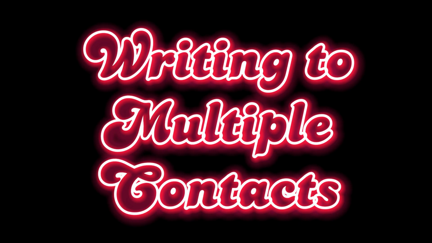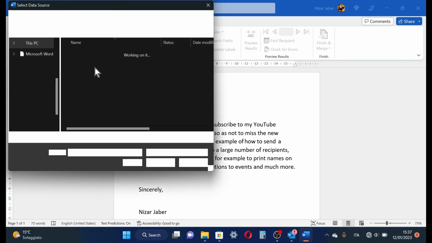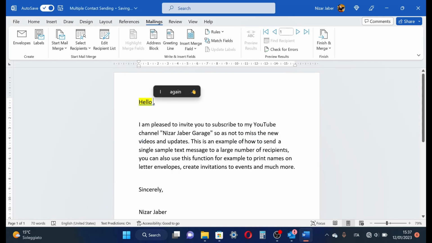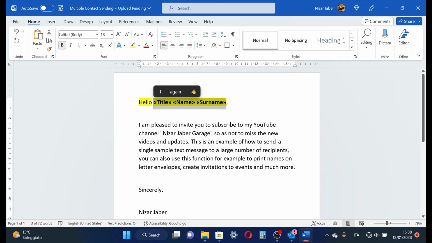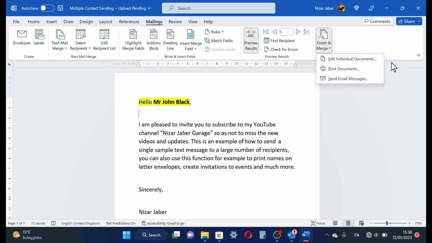Number 10. Writing to multiple contacts. If you ever happen to need to write or send an email to hundreds or thousands of people, on Microsoft Word, you'll be able to import the contact list from another program or file, so you can just write your message and then the names, the last names and the emails will be taken from that contact list. So it is an effortless way to send invitations, emails, to really hundreds or thousands of people, even more, in